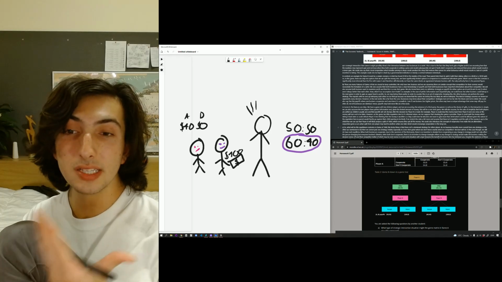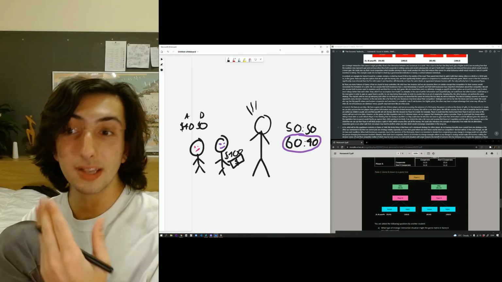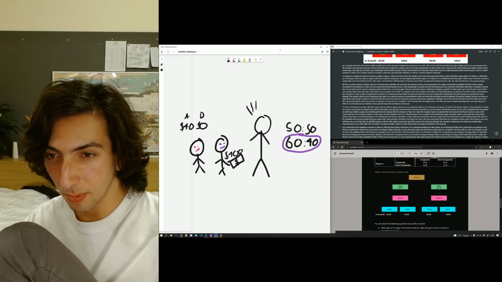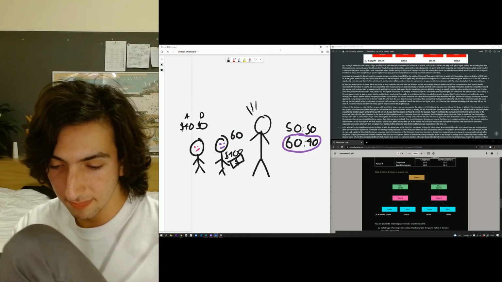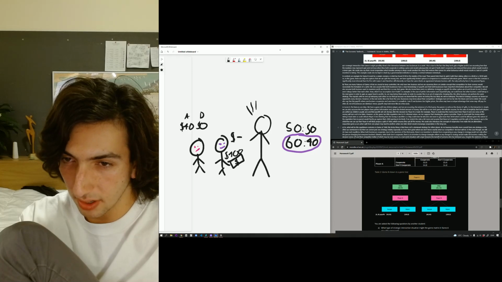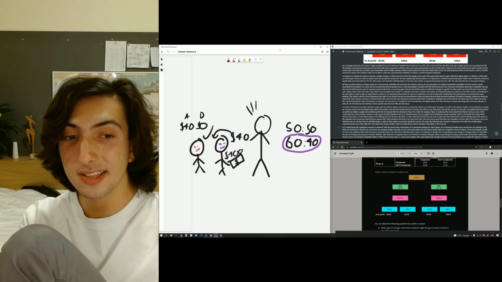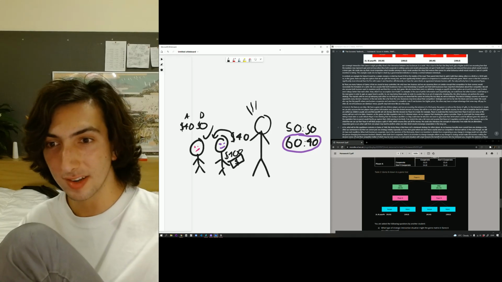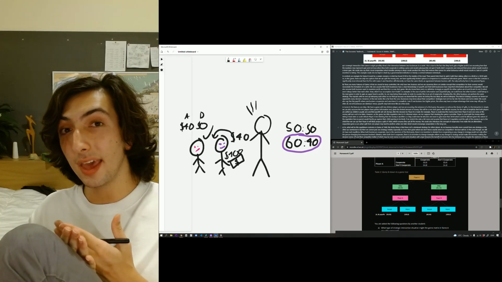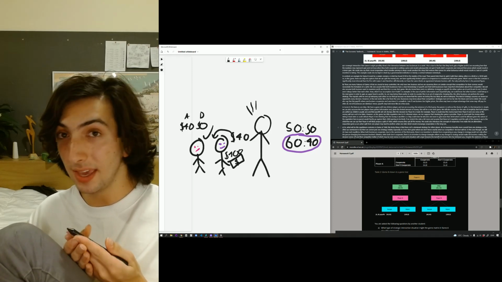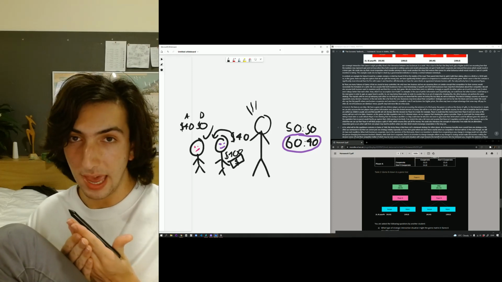Remember, it is always in the best interest of the other party to accept this deal. So what will happen is that this child will always offer $40, and this child will always accept it. And that is the equilibrium. They are both playing their dominant strategies. The dominant strategy of player A here is to gain as much money as possible, and the dominant strategy of player B here is to accept every offer that player A gives you.